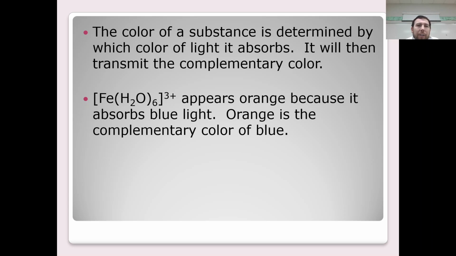This iron 3+ ligand complex ion, which has these waters attached to it, appears orange because it absorbs blue light. So that complex absorbs blue light, and then it transmits orange light. And what we see is that orange is the complementary color of blue,